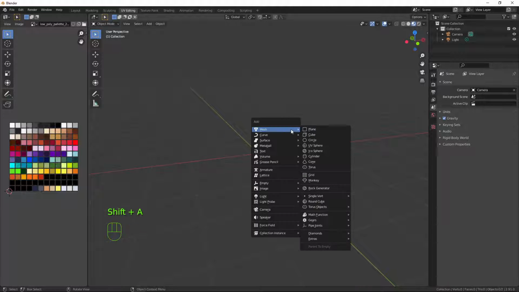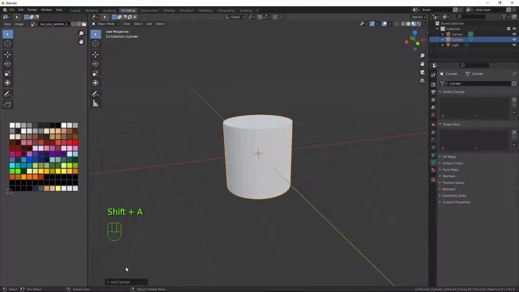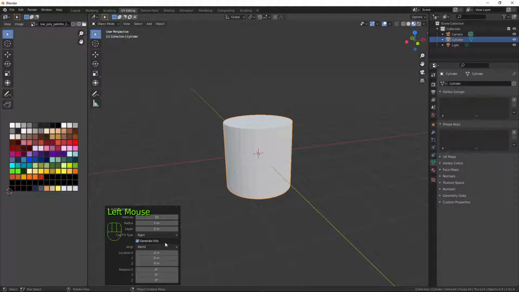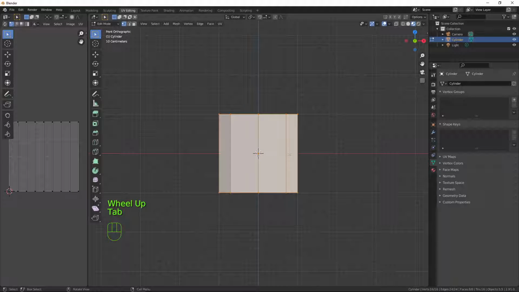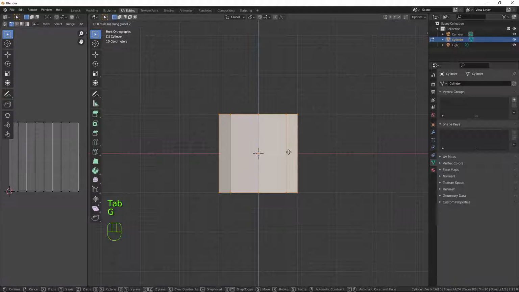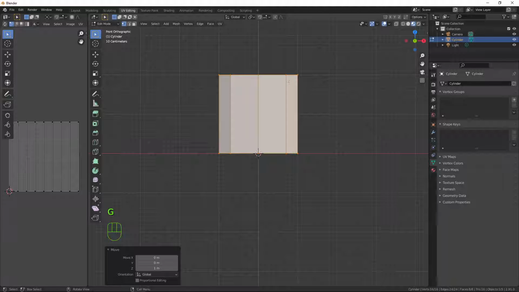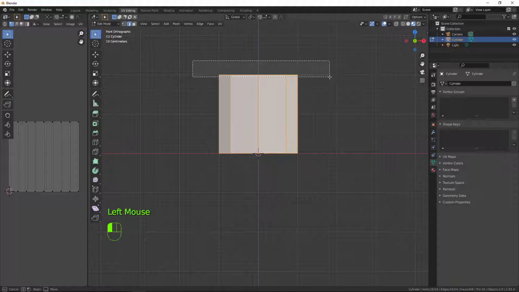We'll press Shift A, mesh, cylinder. Now if I go down to the little drop up menu here, I'm going to change that to 8 vertices, and I'm going to get rid of the gap there. Right, so now if I go into edit mode, I can bring it up by 1, and then if I go to edge mode by either clicking this or pressing the 2 button, I can then select